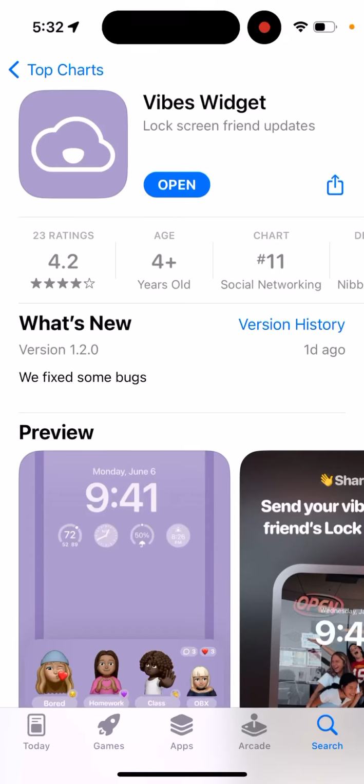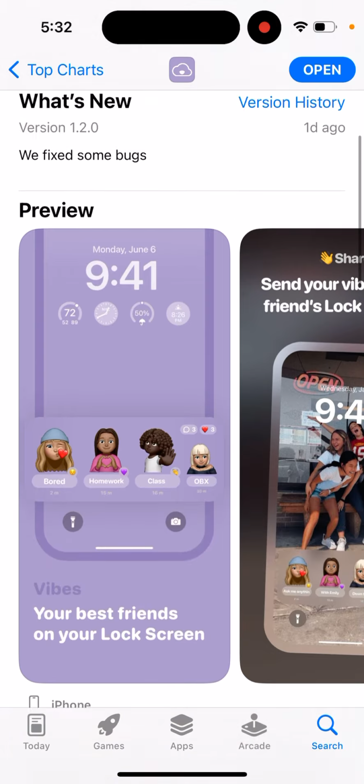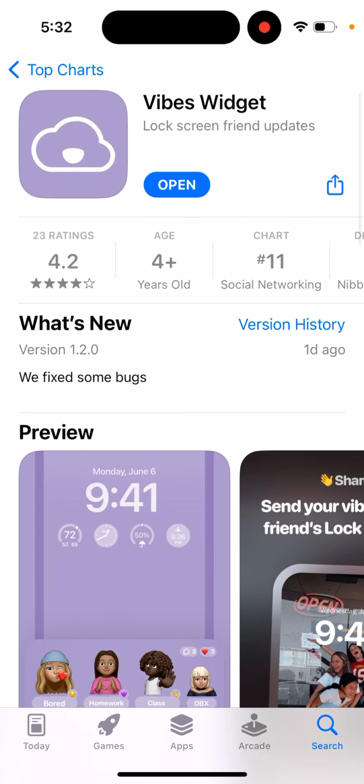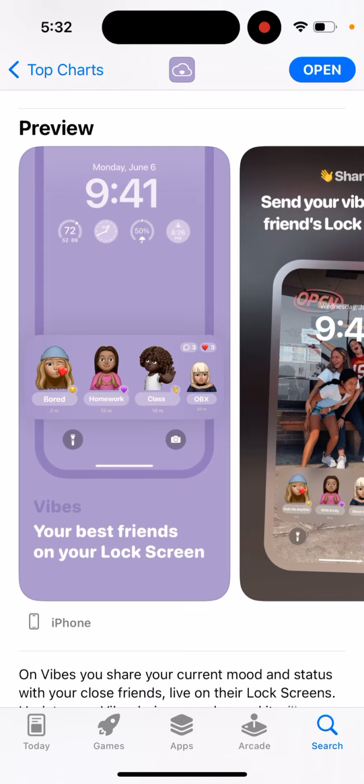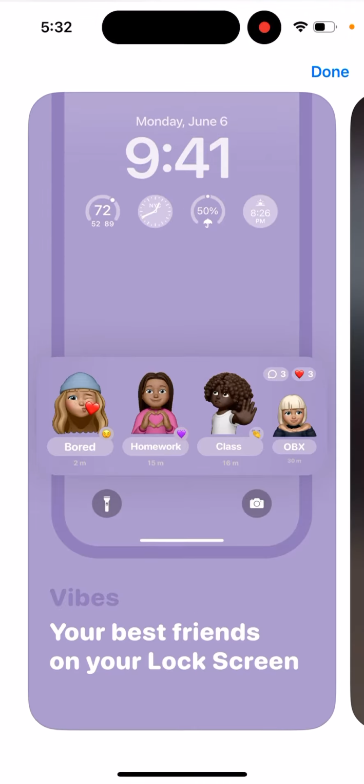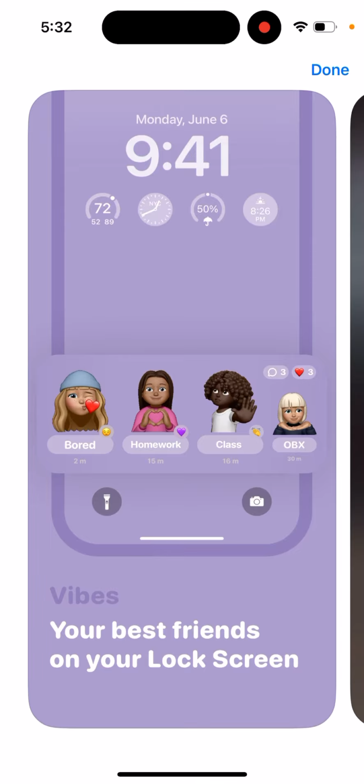What is the Wipes widget app? So this is a lock screen friend updates app, which is rapidly going up in the charts. Probably, maybe it just went viral on TikTok. But the idea is that you just add friends here, and then if you have iOS 16 or later, you